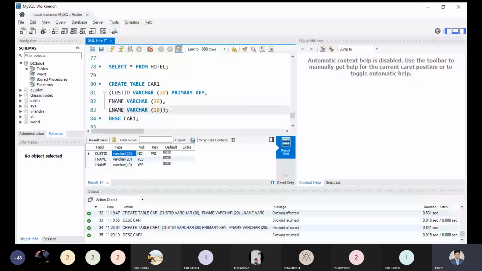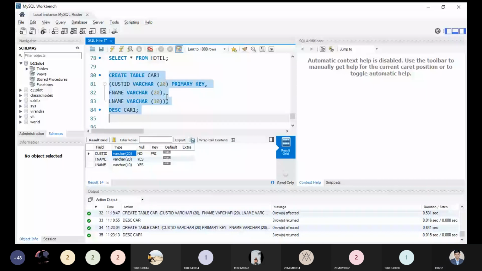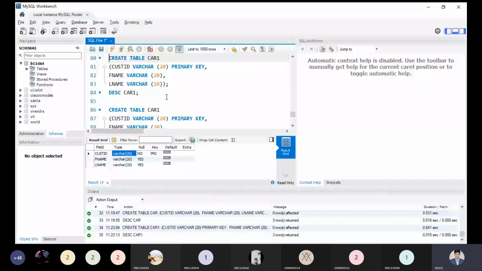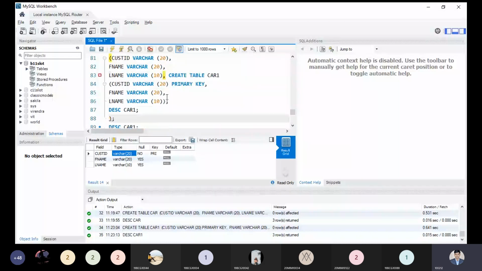Is it clear to all right now? Yes, sir. I can write both syntaxes over here. Just put the comma and paste. Primary key.